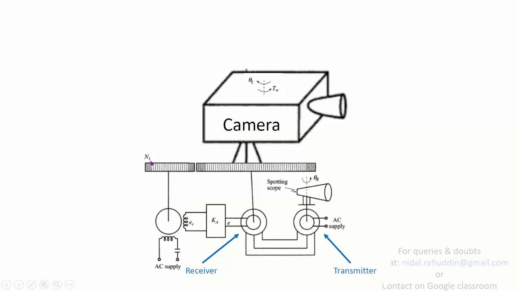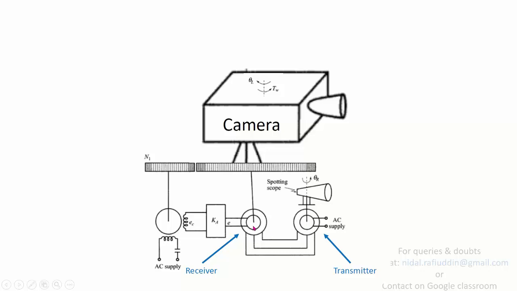So here is an arrangement of gears. This gear comprises N1 teeth. This must be having N2, which I think was missed. So the gear is being operated by the rotor of the servo motor, and this gear connected to the camera will be made to move in such a manner. So the camera orientation will change. You have a connection again here, the gear connected to the rotor of the receiver. So when the camera rotates or changes its orientation, it will cause the change in orientation of the rotor of the receiver in such a manner that it will align its angle exactly similar to the rotor of the transmitter.